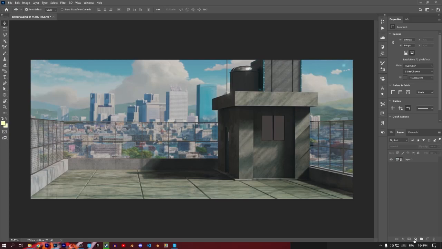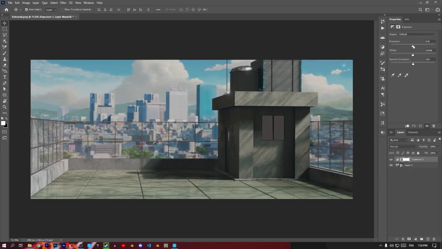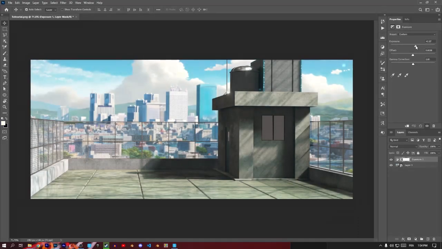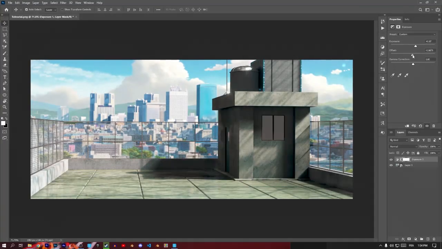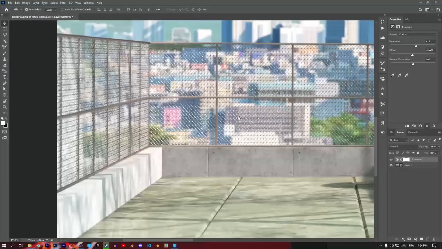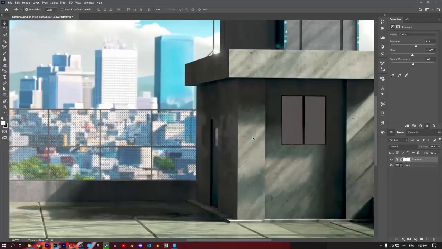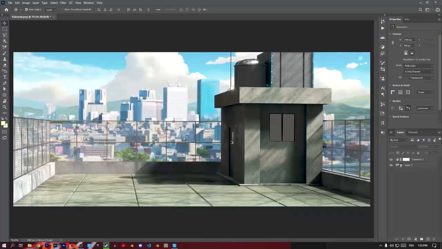So we need an exposure adjustment layer. Okay, and just play with the exposure until you get something. Maybe something like this is okay. Yeah, this is okay for me. And what we need now,